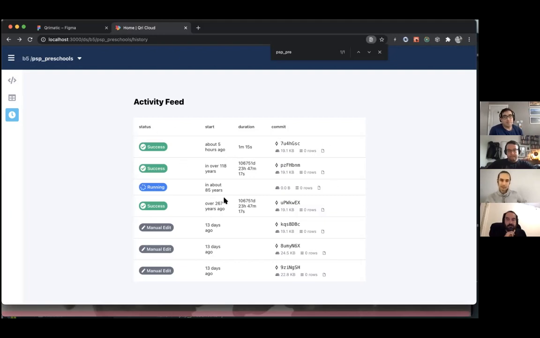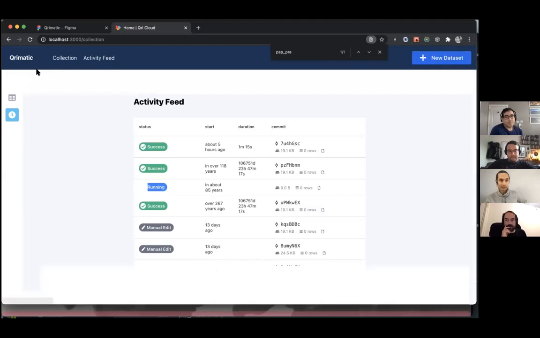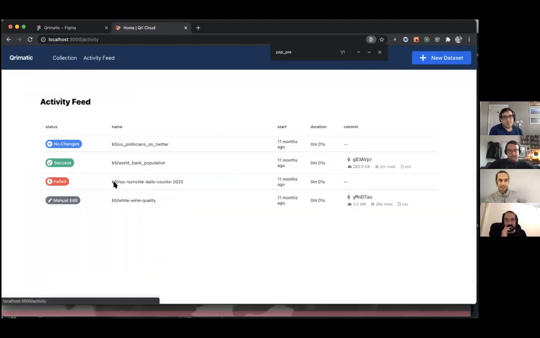The interplay between this screen and the screen that we haven't built yet, which is this activity feed, which will be all of your data sets, right? We've built this in the sense that you can obviously see that I just clicked it, but this isn't wired up to data yet. But this screen is the other place that would be a collapsed, folded up view of all of my changes in one place,